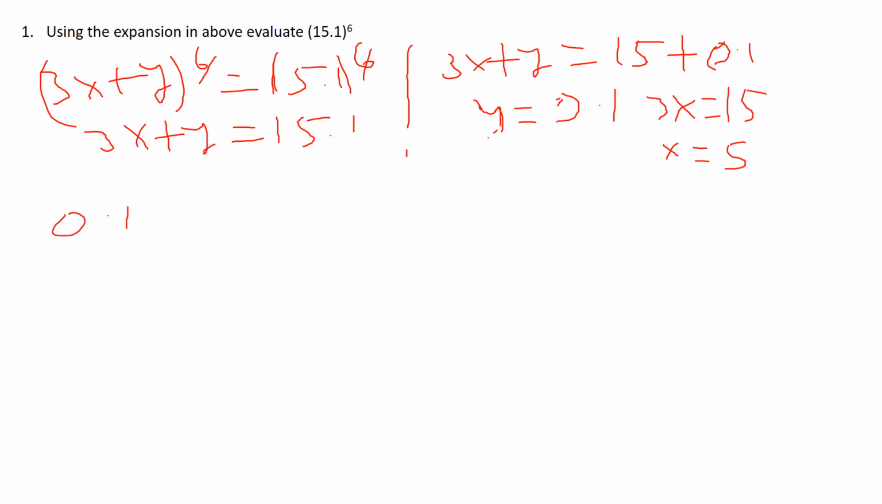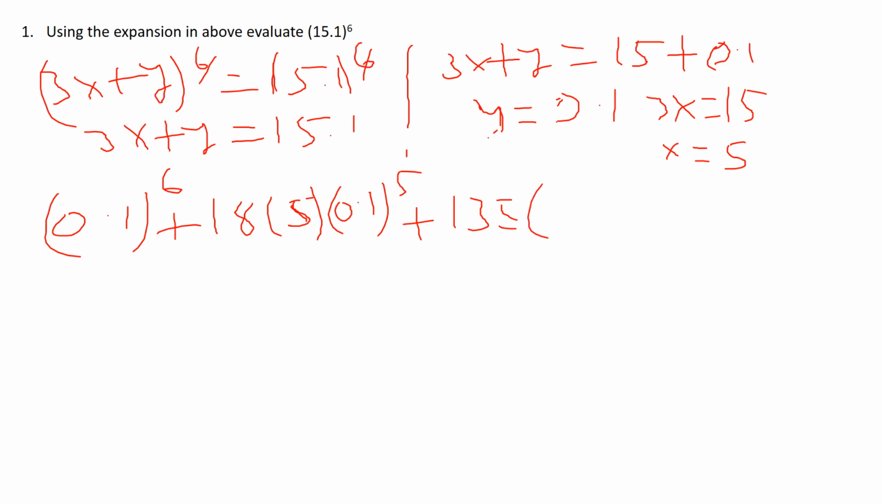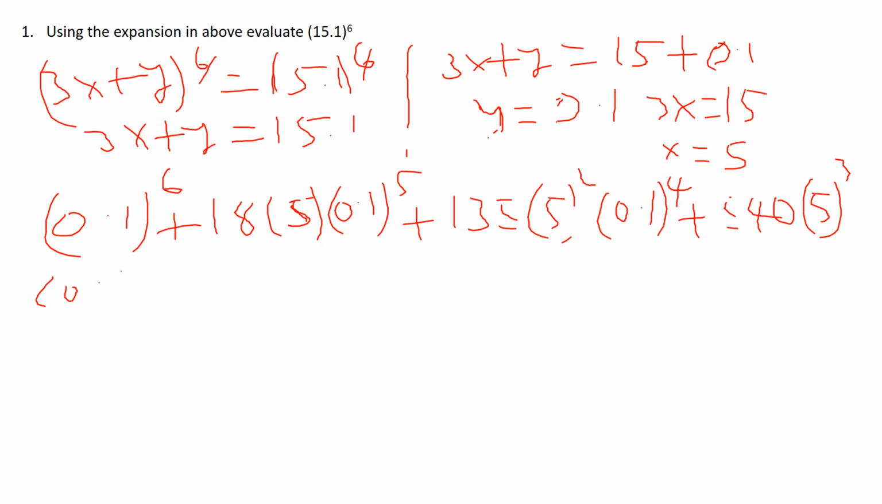0.1 raised to power 6, then we have plus, the second one is 18x, and remember x is 5, and then y is 0.1, and this one we are raising it to power 5, then plus the second one is 135, then here we have 5 squared, then we have 0.1 raised to power 4, and then plus we have the other one which is 540, then we have 5 raised to power 3, then with this one we are multiplying with 0.1 raised to power 3, and then plus the other one is